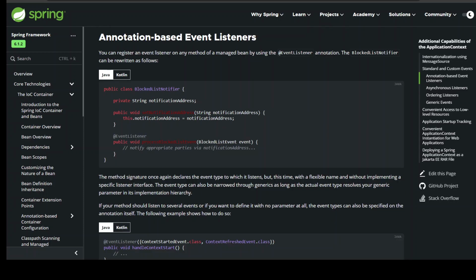The method's signature once again declares the event type to which it listens, but, this time, with a flexible name and without implementing a specific listener interface. The event type can also be narrowed through generics as long as the actual event type resolves your generic parameter in its implementation hierarchy. If your method should listen to several events or if you want to define it with no parameter at all, the event types can also be specified on the annotation itself. The following example shows how to do so. @EventListener({ContextStartedEvent.class, ContextRefreshedEvent.class}) public void handleContextStart() { ... }